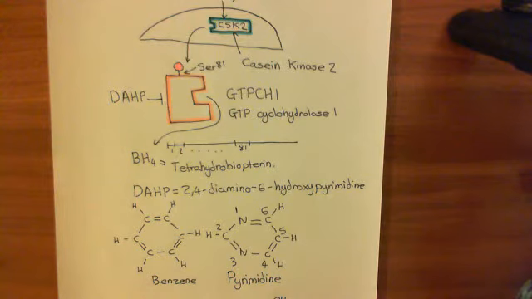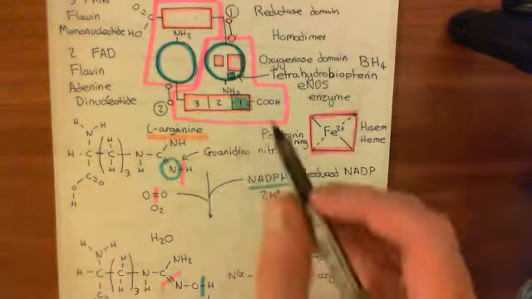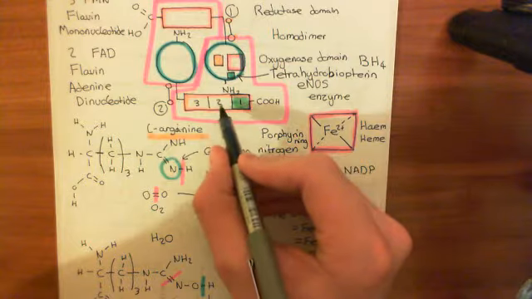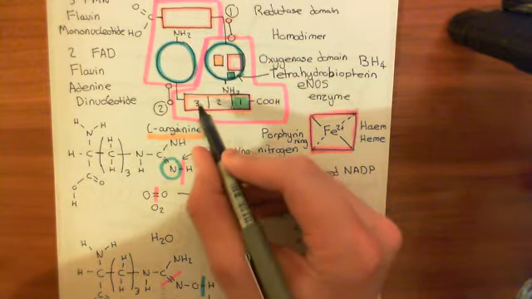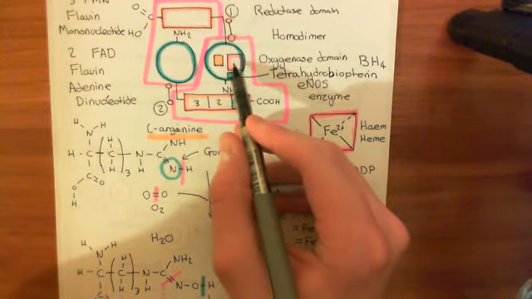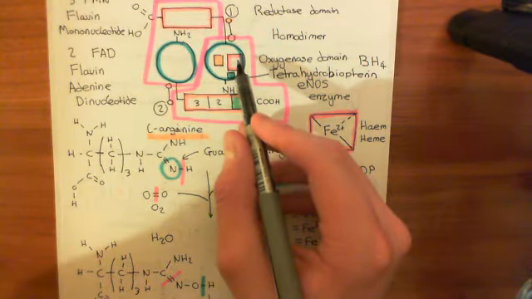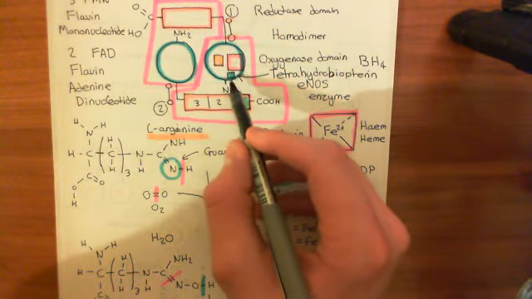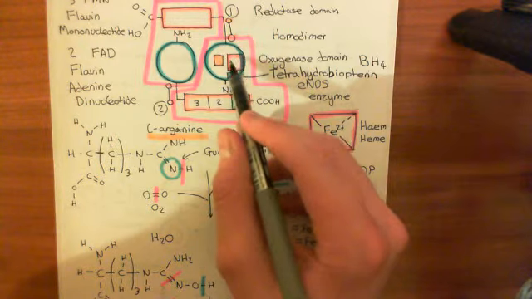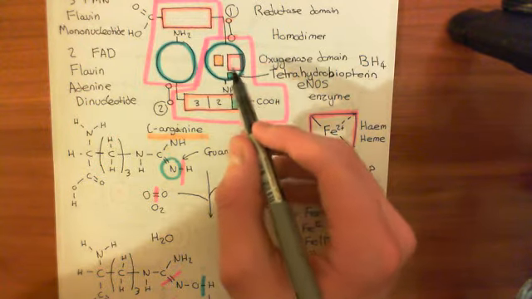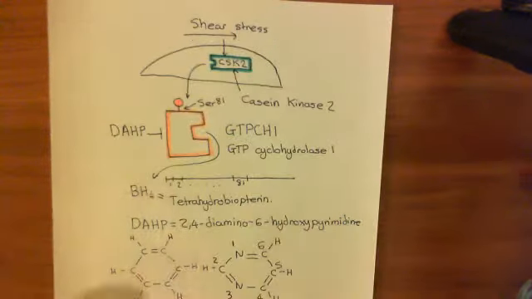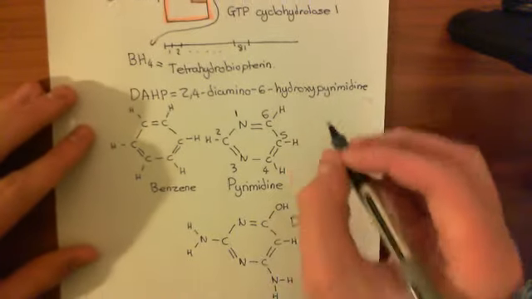Let me explain to you what's going to happen. You remember me telling you that the reduced NADPH would bind to this site here, and it would pass its electrons on to the flavin adenine dinucleotide, then to the flavin mononucleotide, then to the ferrous cation, and then to oxygen. Well, if the tetrahydrobiopterin isn't there, you just get 1 electron passing to oxygen, okay? And you add a single electron to oxygen. Now, what happens if you take an oxygen molecule and give it a single electron?